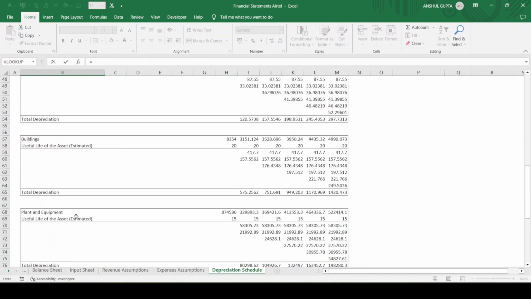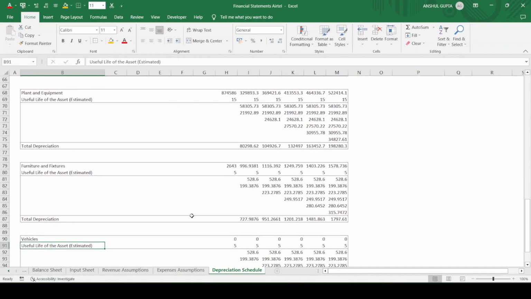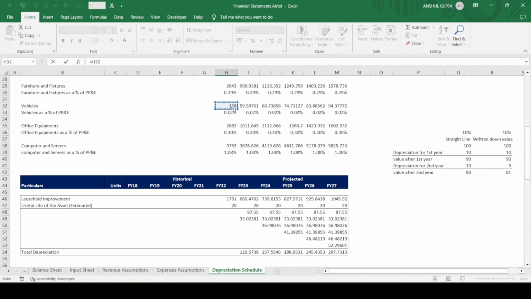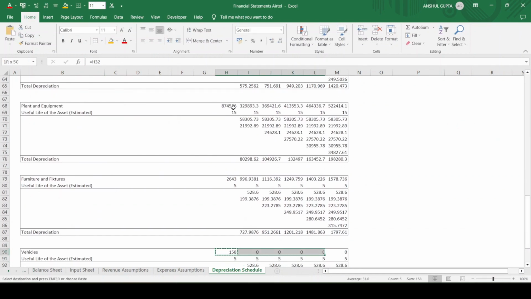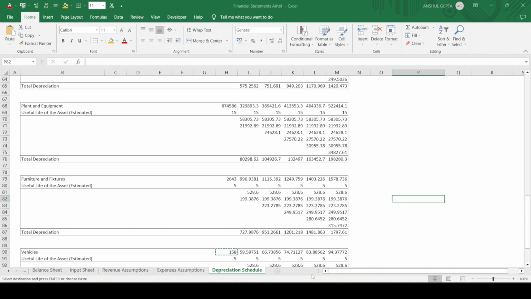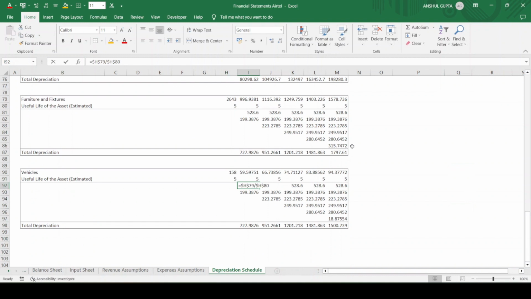So the next asset we have is vehicles. We have vehicles with us, equals to, link this value from here and copy it till the fiscal year 27. And now let's find the useful life of the vehicles. The vehicles is also given as 3 to 5 years, so let's take 5 years only. Okay, equals to divide the previous year value at the end of fiscal year 2022 divided by the useful life, fix the referencing,